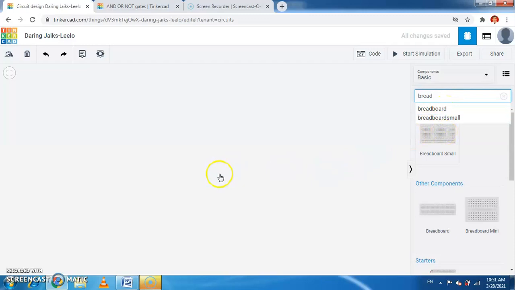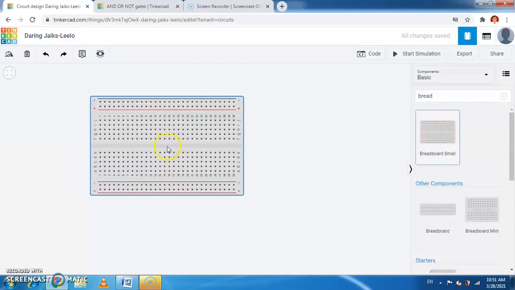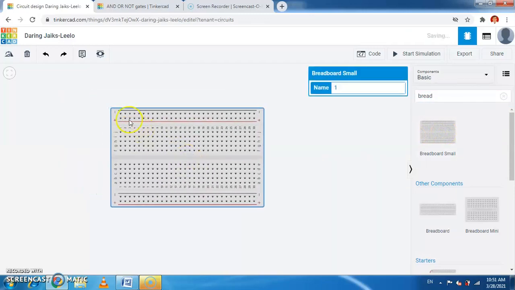Select the breadboard and put it here. This breadboard consists of these two rows, which are interconnected with each other. This is another row. So the top 2 rows are there and the bottom 2 rows are there, and they are interconnected with each other.